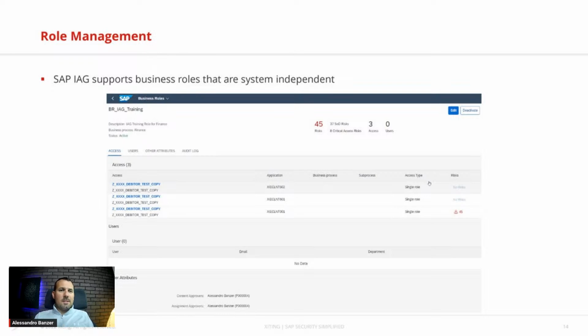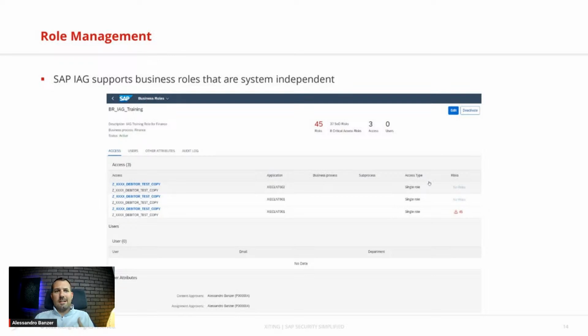If I have a business role that we call sales manager, and we add the correct authorization from every single system, then all the user has to do, or the manager has to do, is to request the business role sales manager. So the simpler we have that design on business role level, the easier it will be for the end users to request the correct access. What's behind that business role, whether it's 1 technical role or 17 or 257, doesn't matter because a user only has to request 1 role. And that's ultimately what I mean with role mining.